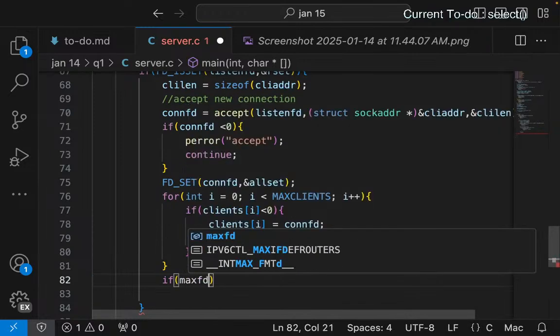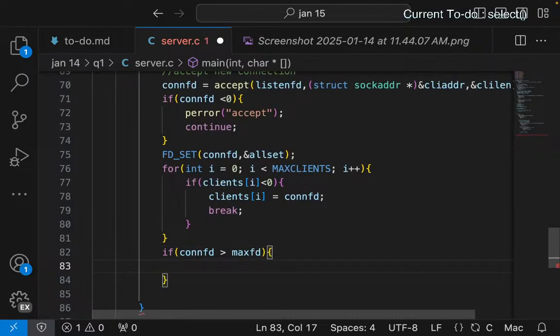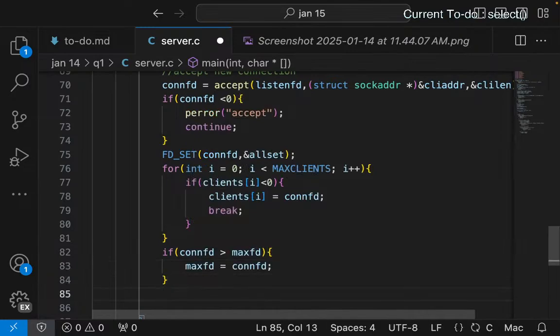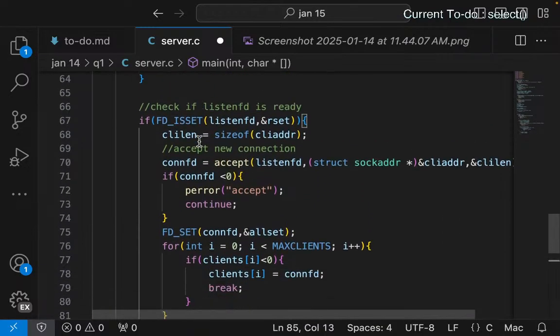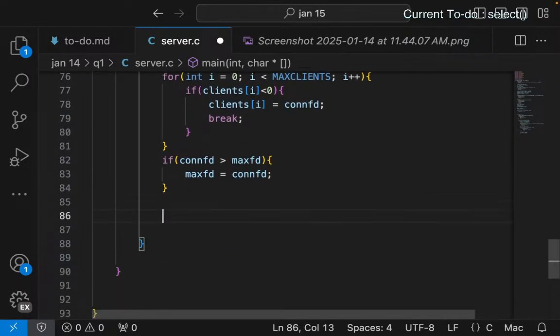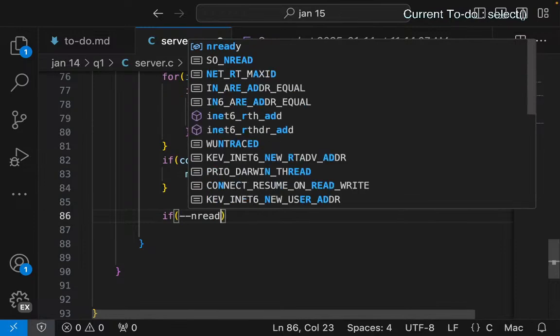If confd is greater than max fd, then set max fd to confd, and then you just do if minus minus n ready, which decrements n ready,